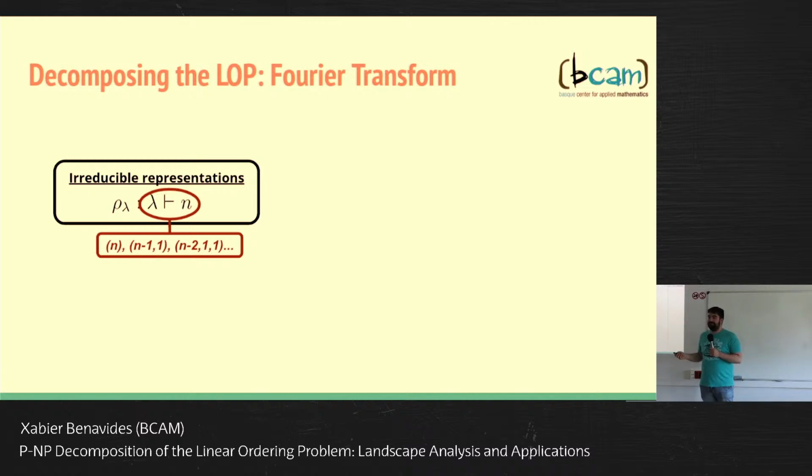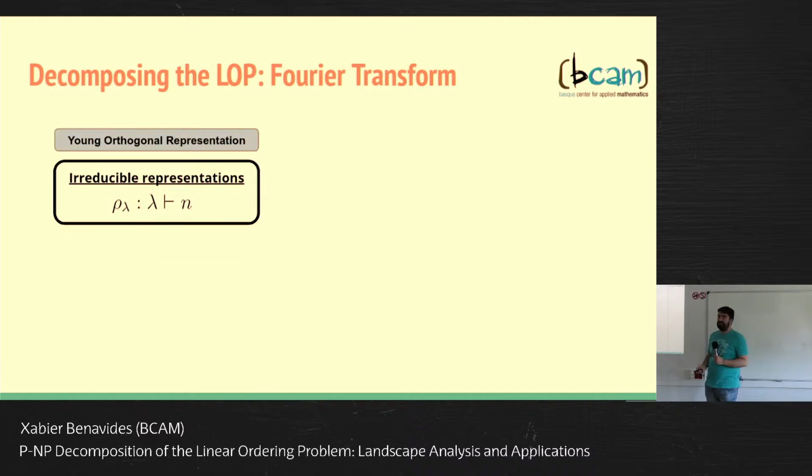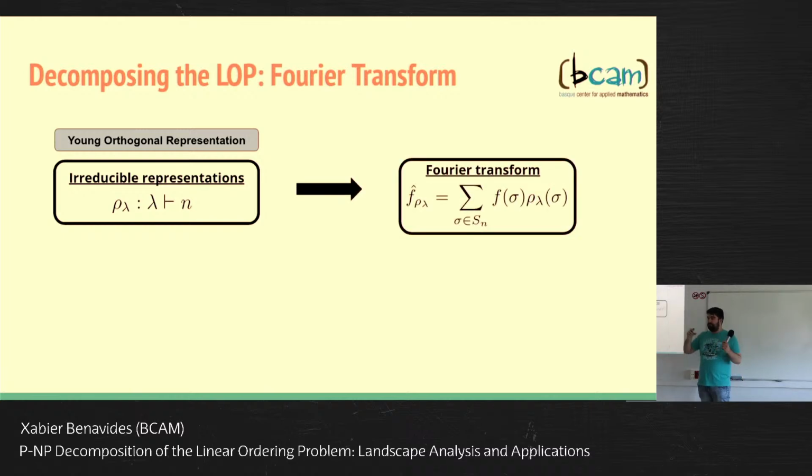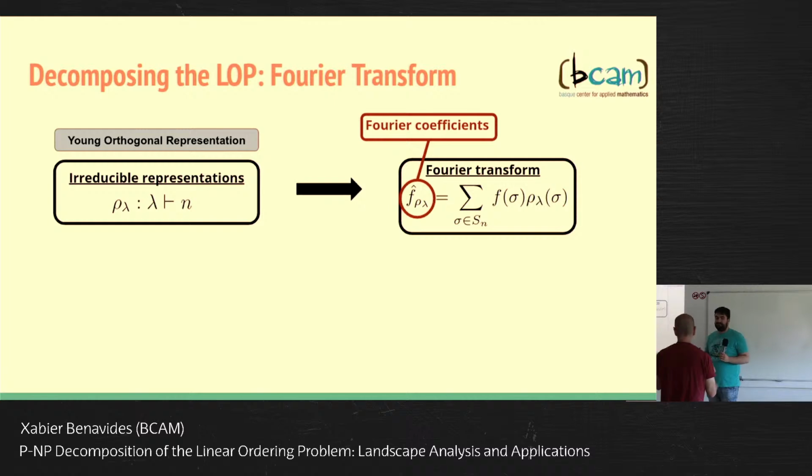Well, the first thing that we need to do is to select a feasible set of base functions or irreducible representations. In our case, we will use the canonical set of irreducible representations, which is the Young orthogonal representation. So once we have defined all the base functions that we need here, the next step is to compute the Fourier coefficients associated with those base functions using the Fourier transform formula, which is this one right here. So the main difference here is that unlike the